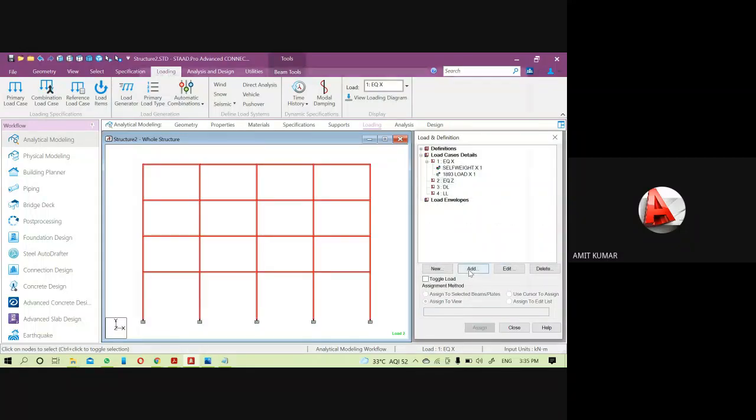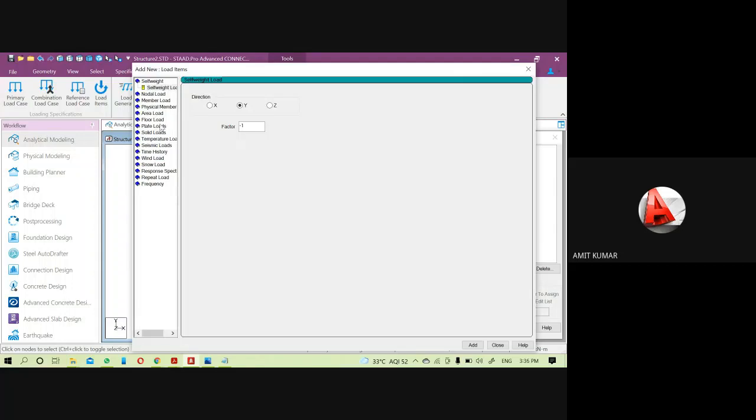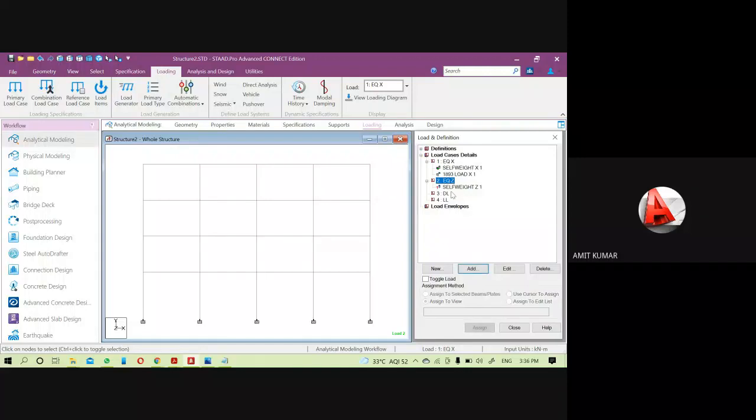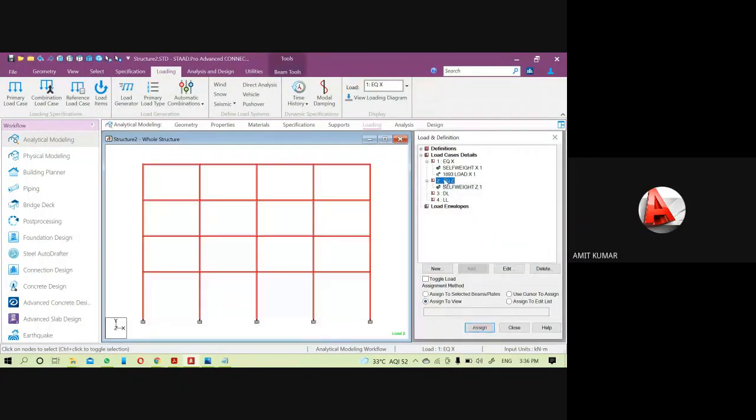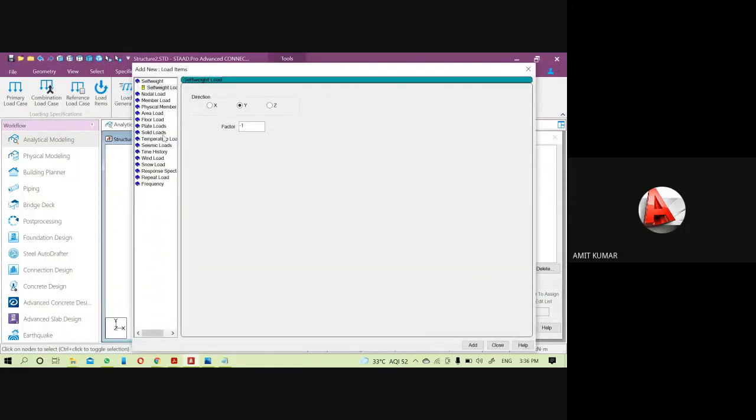Then EQZ. Yeah, and go to the seismic, direction will be z, factor is 1.